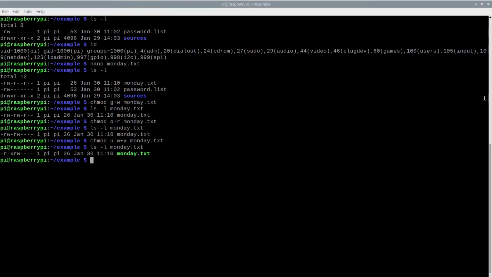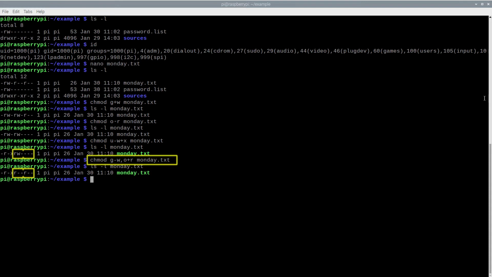We can change permissions for user, group, and others at the same time with a single command. For example, now I will take away write permission from group and add read permission for others. In such a scenario, the permissions for different entities are separated by a comma. Again, the only spaces used are between the command and permissions and between permissions and the file name. Beginners routinely put spaces around the comma, which is incorrect syntax, resulting in an error message.